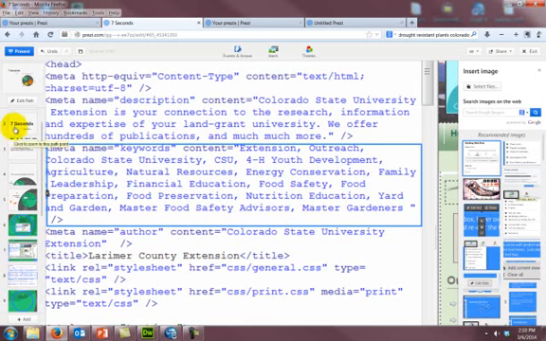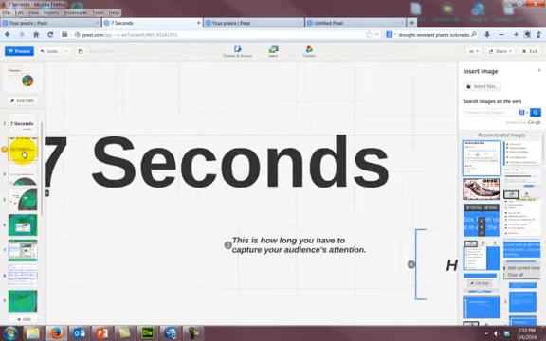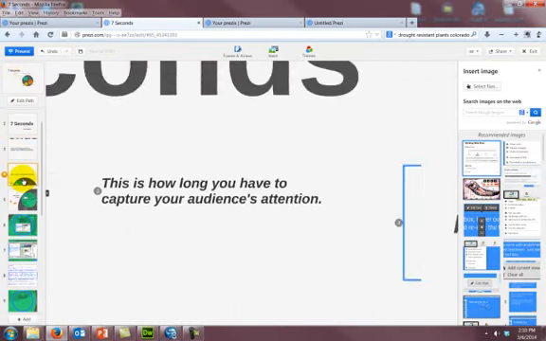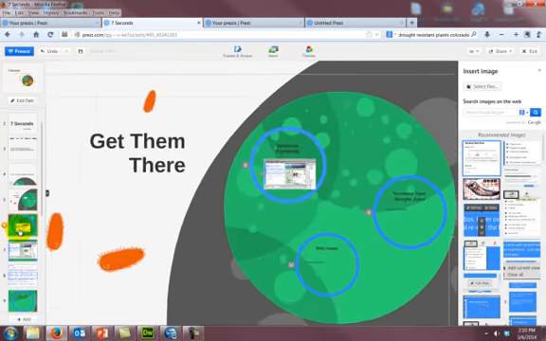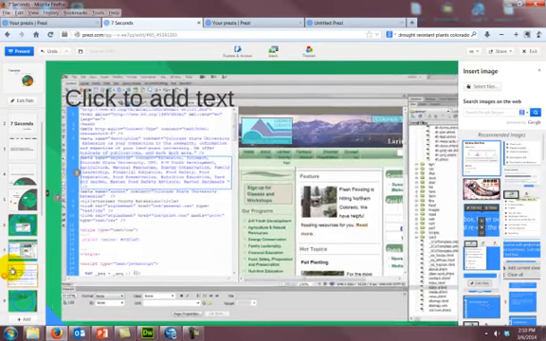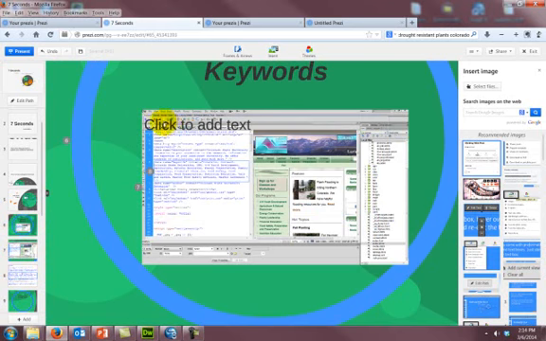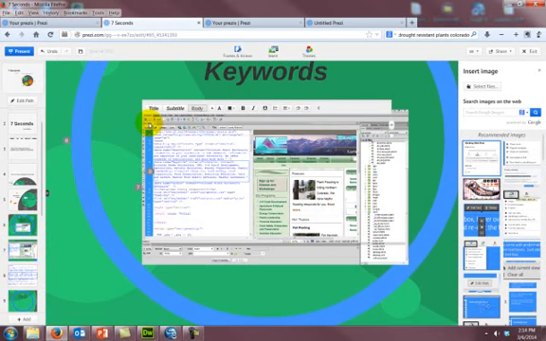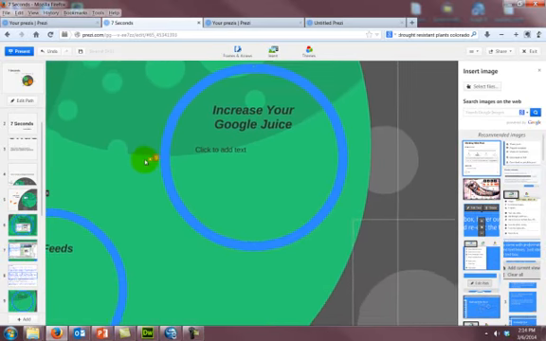So let's see what we have so far. Our second slide is 7 seconds. Third slide. Fourth slide. Fifth slide. Sixth slide. Seventh slide. Eighth slide. You've probably noticed this annoying click to add text bit of text, so I'm going to click inside that text box and hit delete. And now we're ready to move on to our second subpoint, increase your Google juice, and